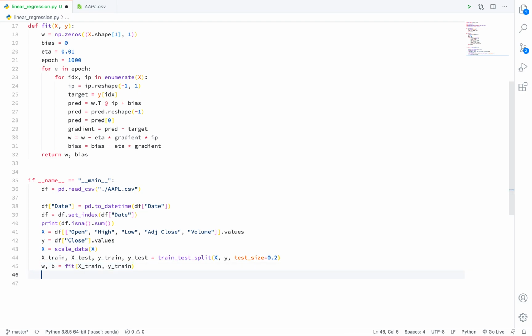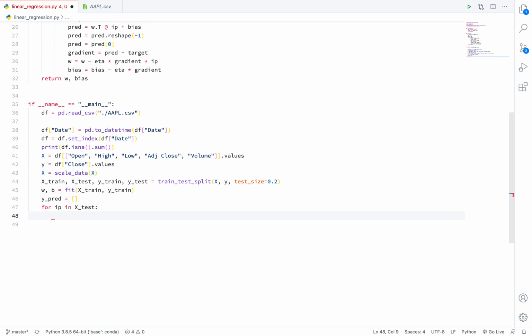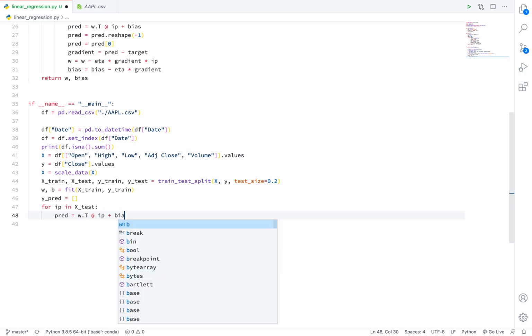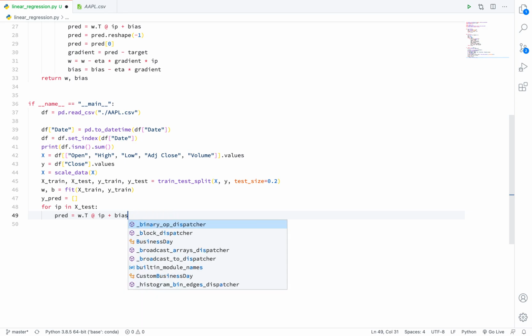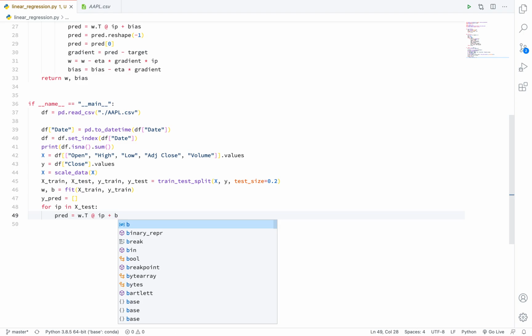Now it's time for prediction. For storing our prediction, I am just initializing one empty array and iterating over x test. So just take the dot product of w @ input plus bias, sorry, b, only b.